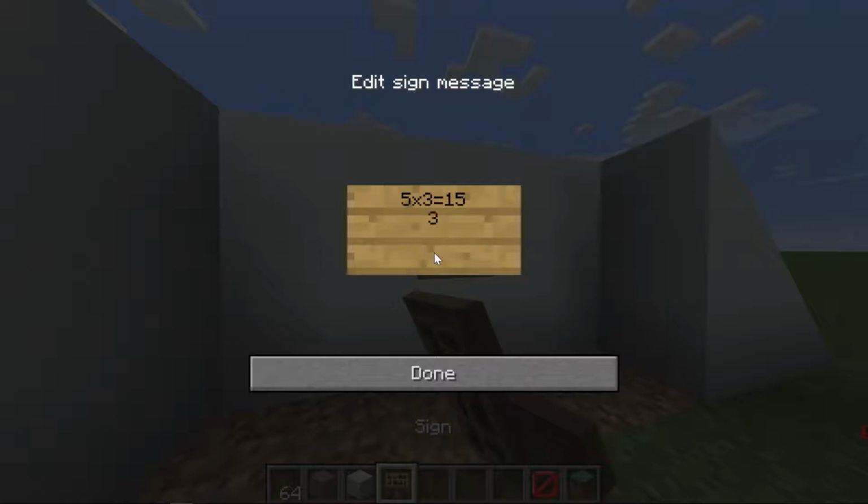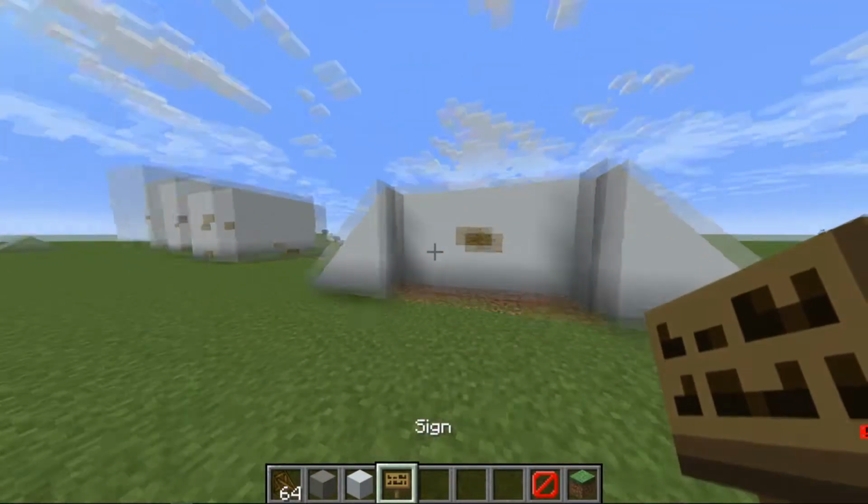Then you take 3 by 3 for one triangle, and you get 9 divided by 2 is 4.5. And 4.5 times 2, because there's 2 triangles, is 9. And then you add 15 and 9 to get 24,